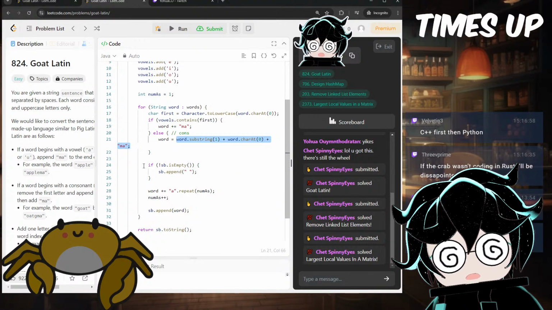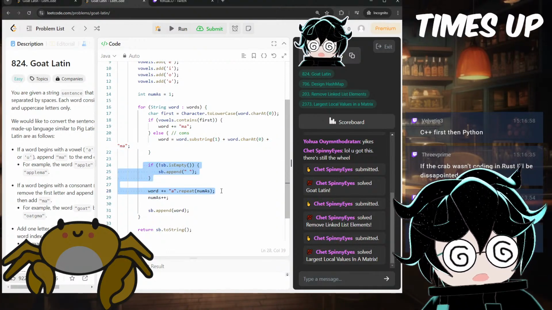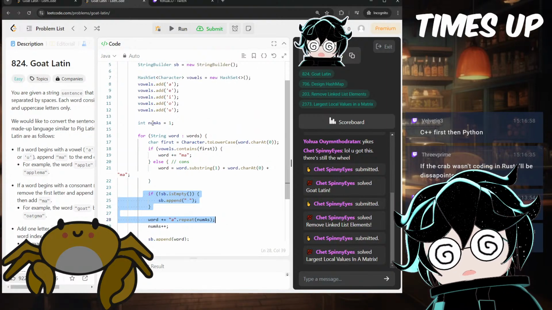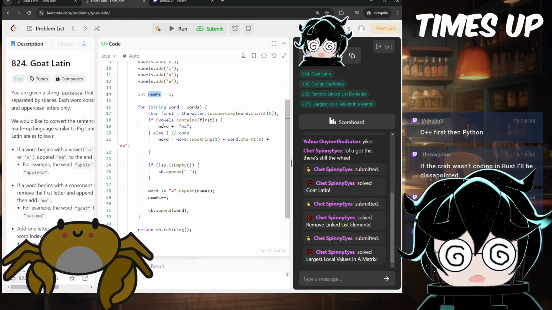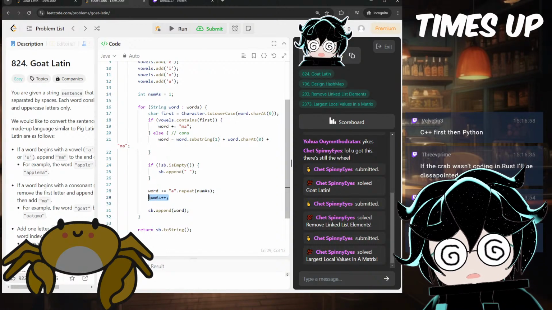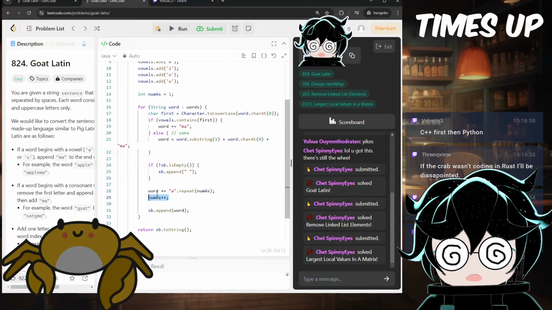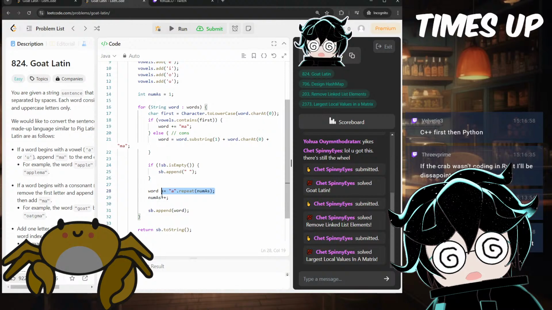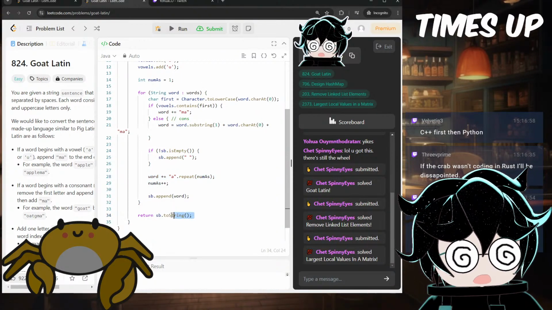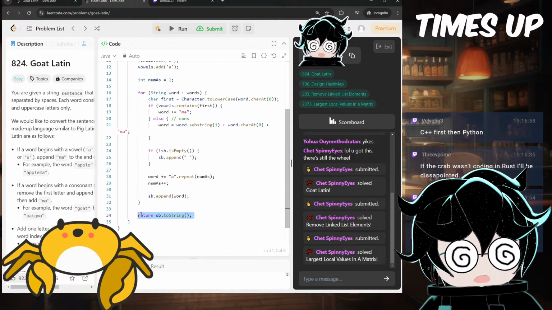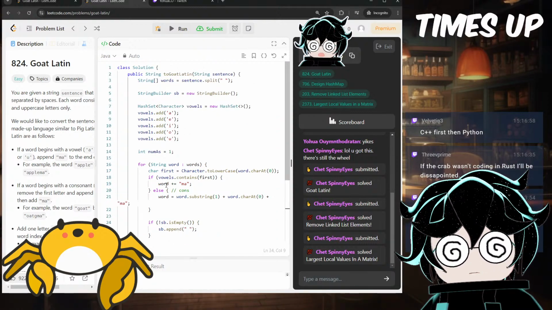And then I just add it back into the sentence. I also have a count of the number of A's to append at the end. It starts off with one, and for each word, I add one to it, and then I add that many A's to the end. Yeah, that's basically it. I'm not sure how much sense that made. That's in Java.